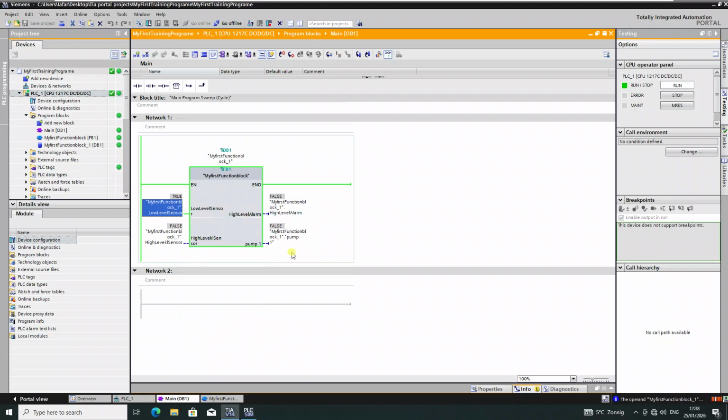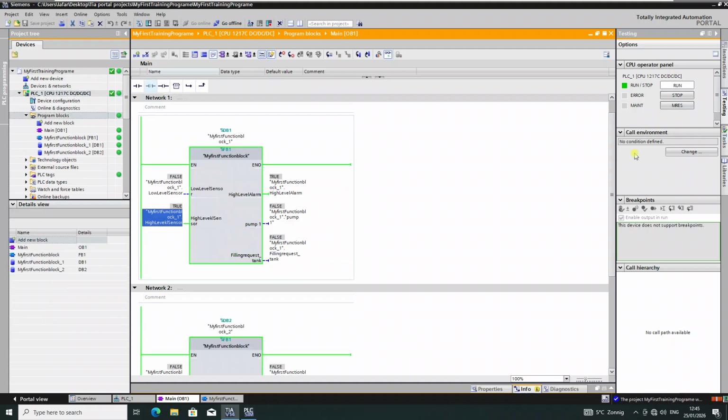The pump should turn to 0, but you see it's, yes, okay. So when it's off, the motor starts filling, and